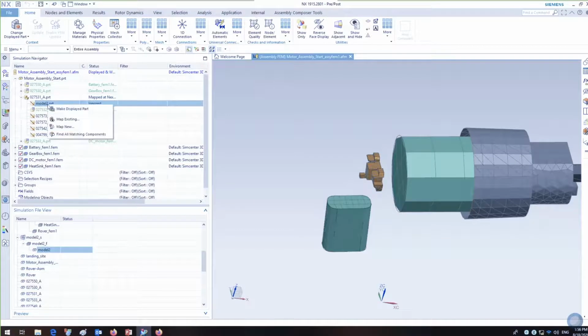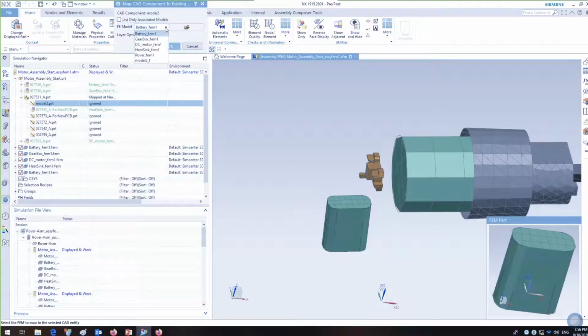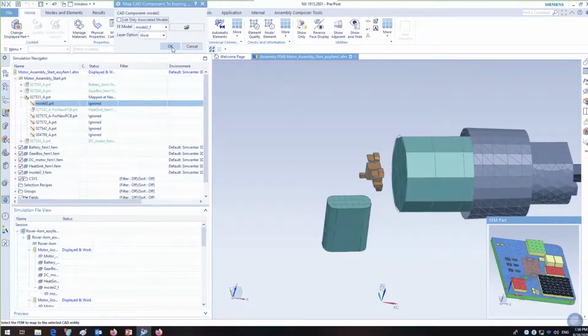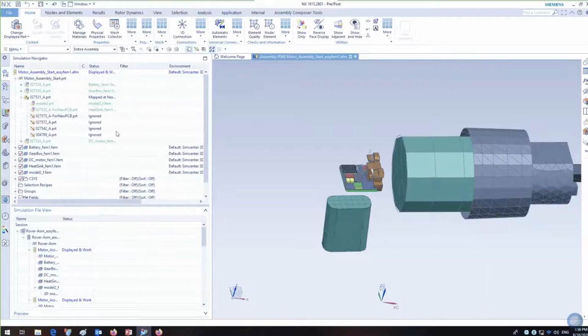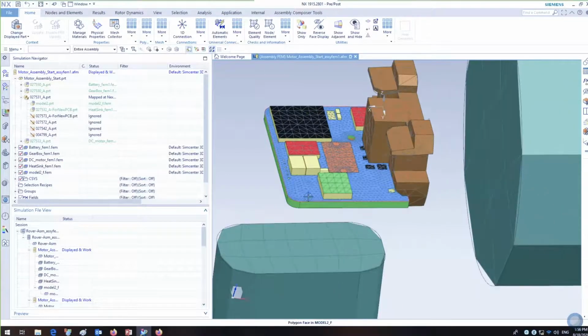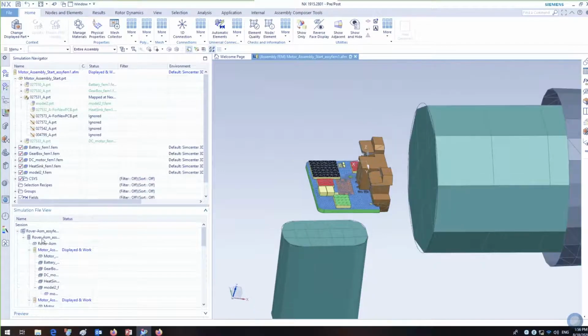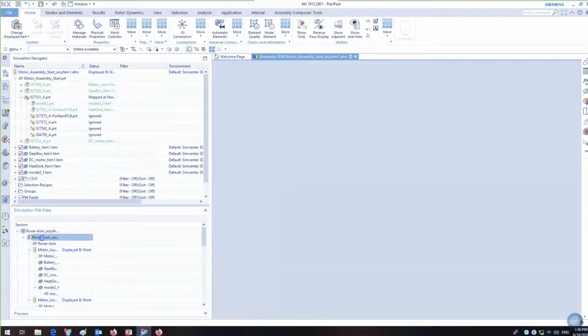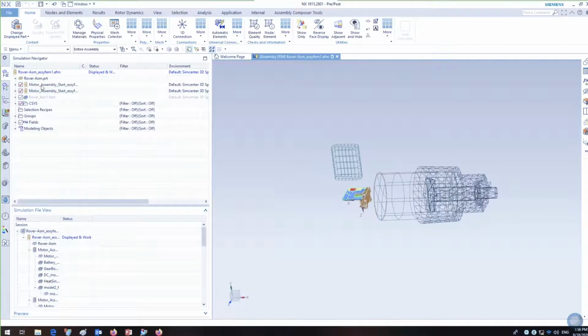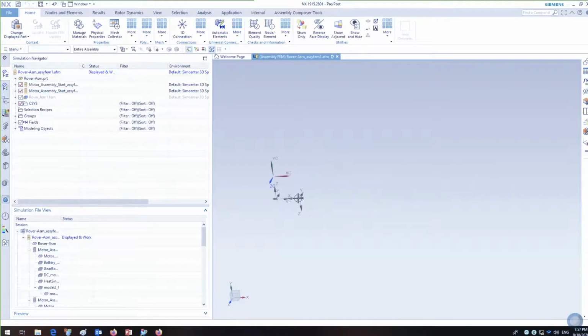So with the assembly FEM, we can do sub-assemblies. I have this sub of the motor assembly, and essentially for each of the parts, I have separate models that are mapped to their location, and I'm simply going to do the same thing for the PCB board. I'm going to map our PCB board model we created earlier in the first demo, and it's going to snap into the correct location based on where the CAD geometry is. So that's how we reuse the